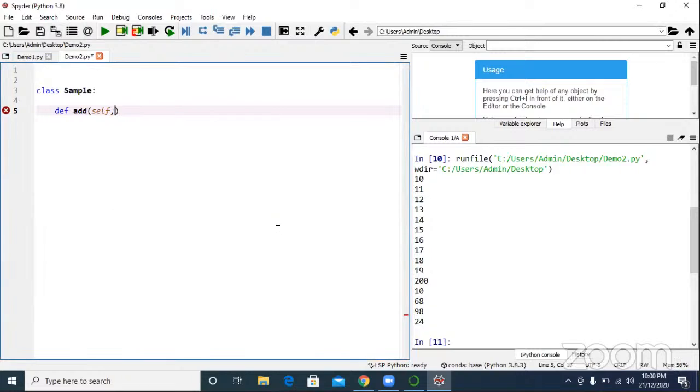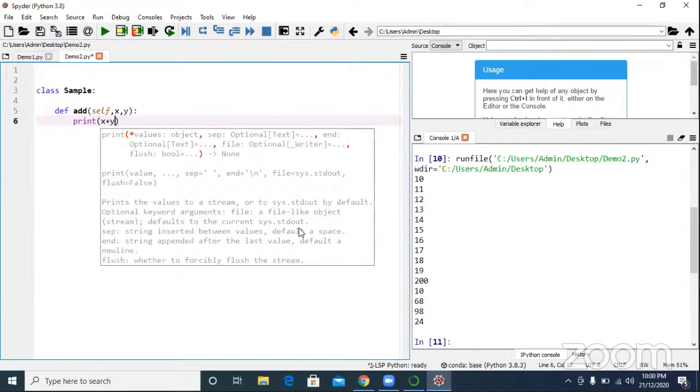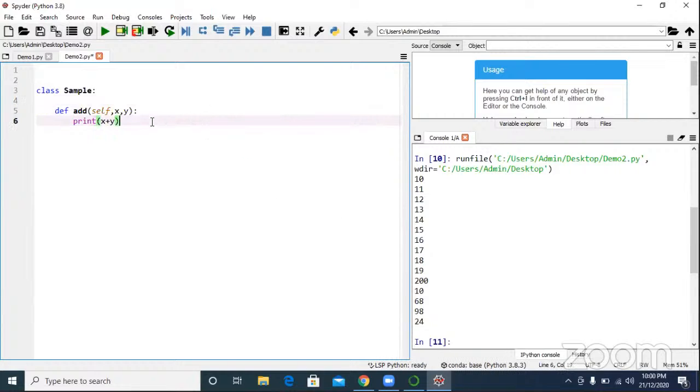Add x comma y. How many arguments are there? 2 arguments. Print x plus y. People with a non-technical background can understand this. I have 2 arguments x comma y, x plus y. First method completed.